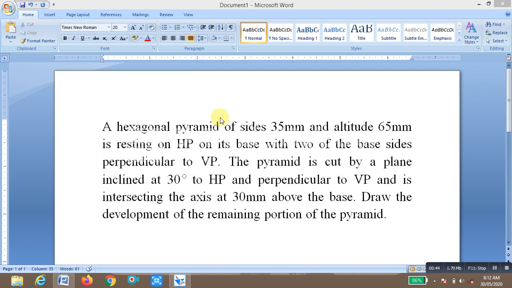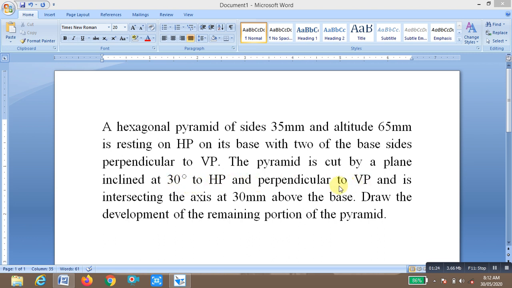The given problem is: a hexagonal pyramid of sides 35 mm and altitude 65 mm is resting on HP on its base with two of the base sides perpendicular to VP. We have to draw the hexagonal pyramid. Initially, two of the base sides are perpendicular to VP. In the front view, the pyramid is cut by a section plane inclined at 30 degrees to HP and perpendicular to VP.